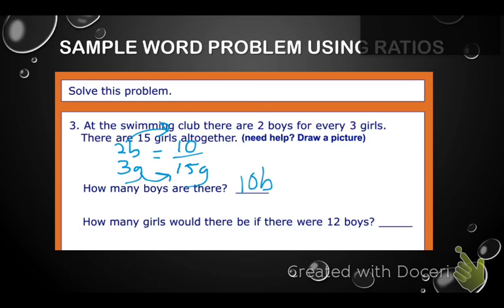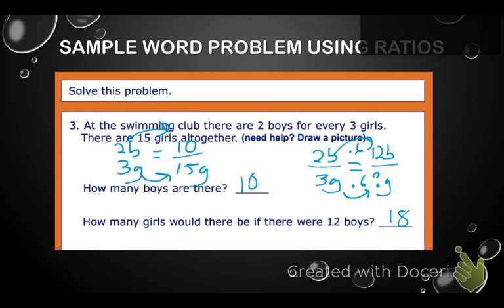And it says, how many girls would there be if there was 12 boys? Well, remember, it's 2 boys to 3 girls. And this time it says, oh, hey, you got 12 boys. How many girls do we have? Well, we don't know. Well, how does 2 become 12? Times 6. 3 times 6, well, that's 18. So that would be the answer to this word problem that is using our wonderful equivalent ratios,